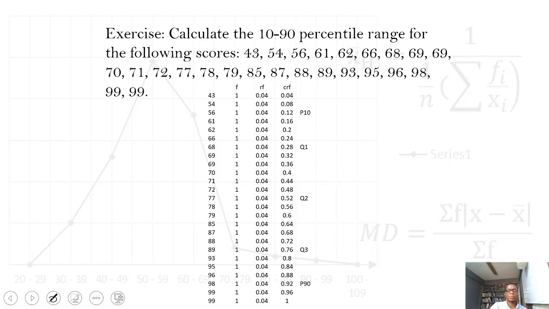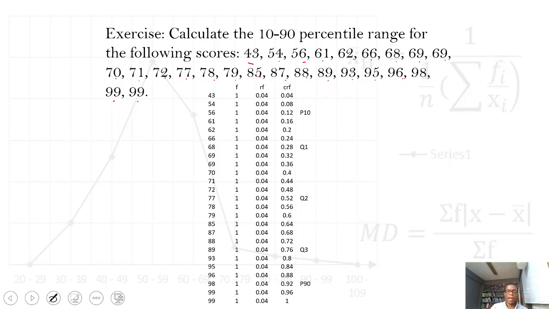So the relative frequency for 43 will be 1 divided by the total number of observations. In this case, we have, let us count, 1, 2, 3, 4, 5, 6, 7, 8, 9, 10, 11, 12, 13, 14, 15, 16, 17, 18, 19, 20, 21, 22, 23, 24, 25. So if we divide 1 by 25, we get 0.04. And so this way we can also compute the cumulative relative frequency